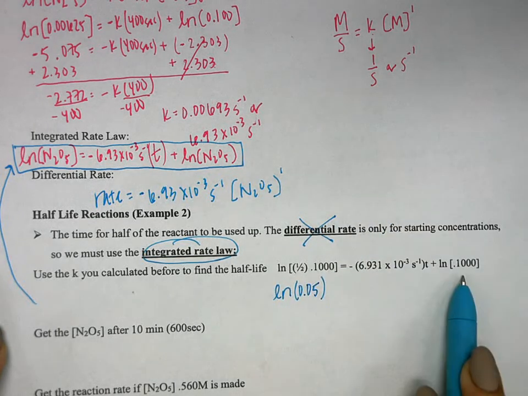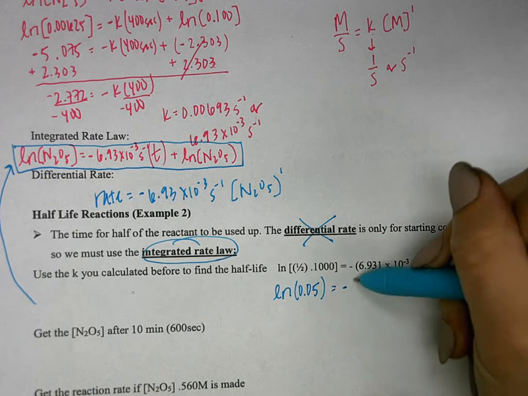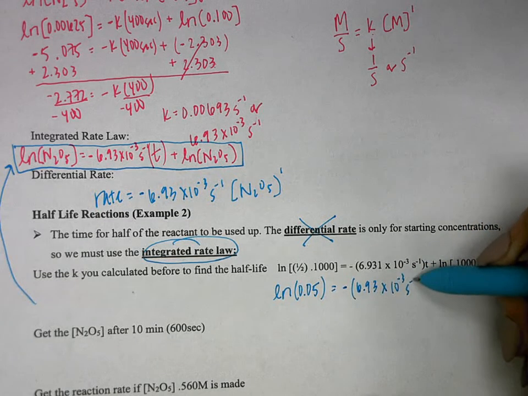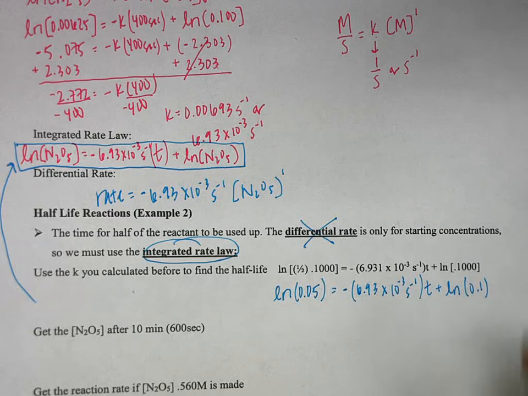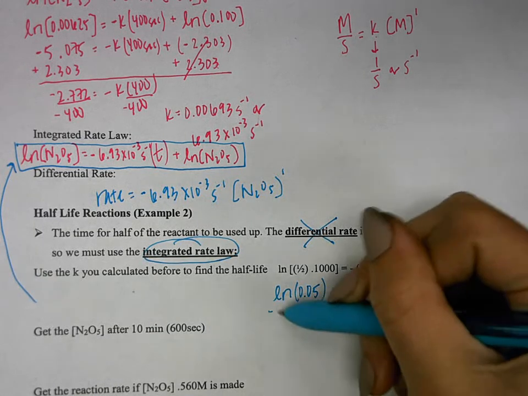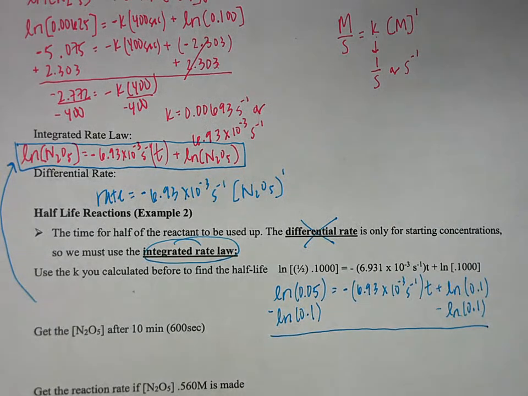That's half of 0.1, equals negative K, 6.93 times 10 to the negative third seconds to the negative 1, times time, plus the ln of 0.1. So we can start to solve and rearrange. I'm just going to plug it in, ln of 0.05 minus, because I'm trying to get this to the other side, minus the ln of 0.1